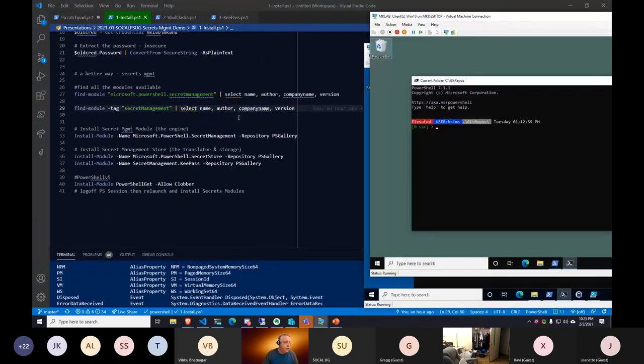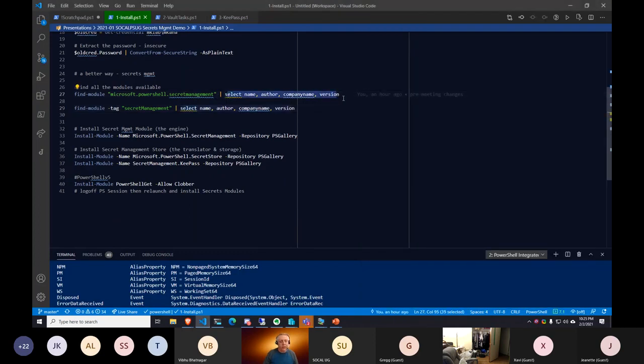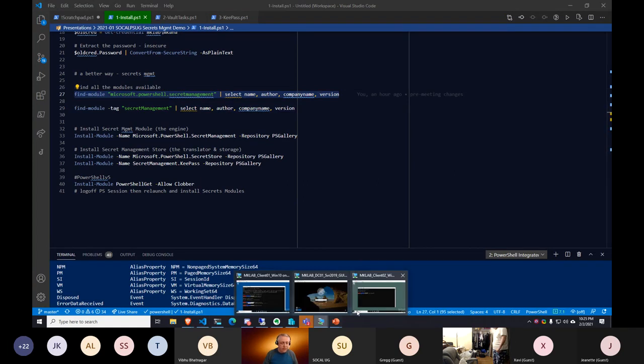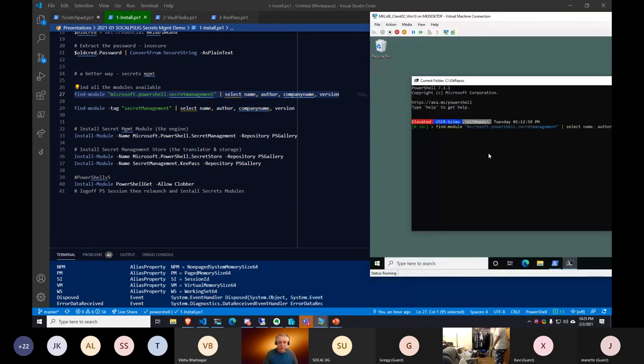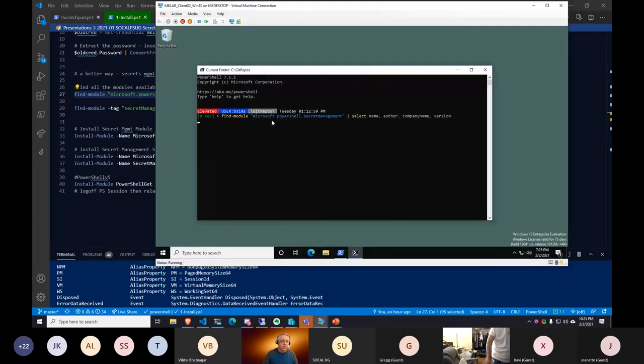Now, when you search for modules, it's Find-Module. I'm doing this extra stuff here because I want to get a specific view for what we're doing tonight, but you don't need the select statements at the end to make this work. But if I want to go out and search for this module, I'll pull this over here. So what I did is I searched for the Microsoft PowerShell SecretManagement module, and with any luck, I get back an answer. This is the name of the module, and you can see it was made by Microsoft, and